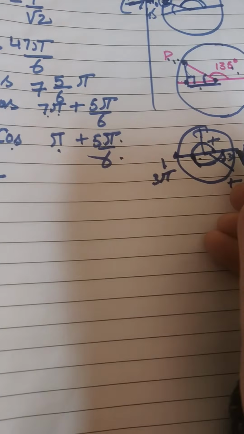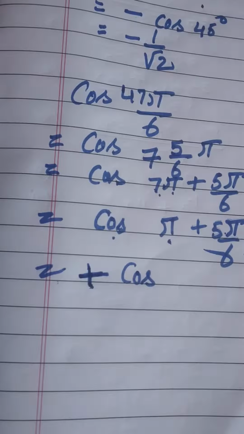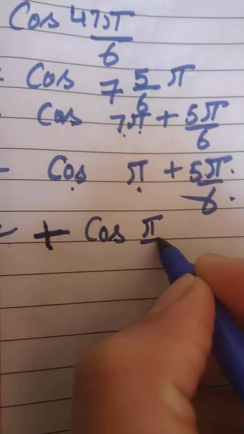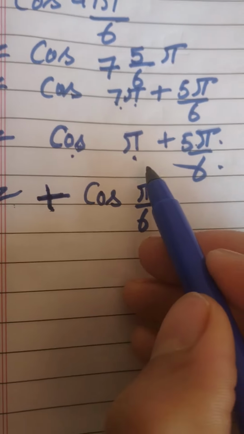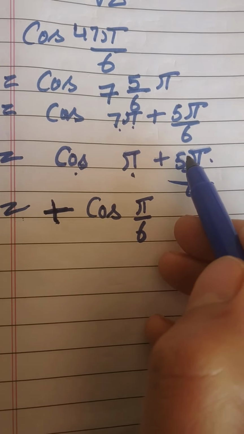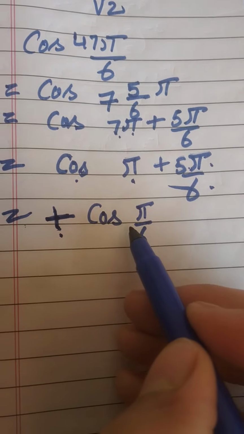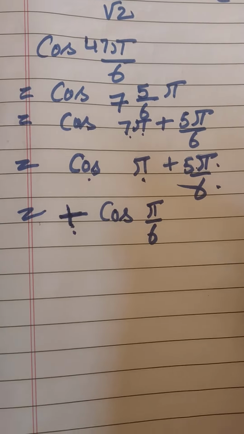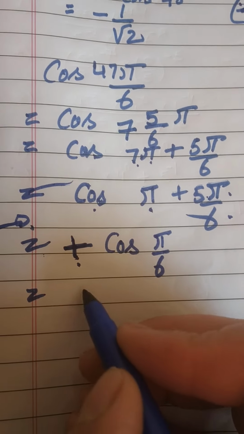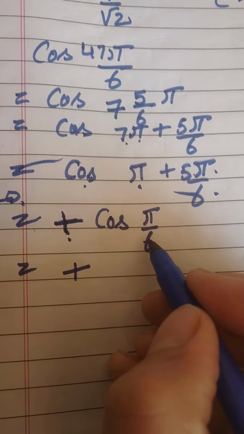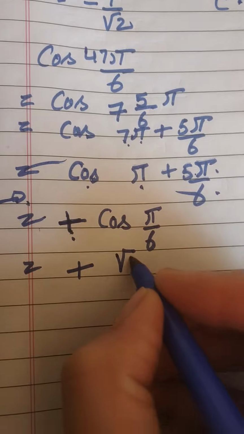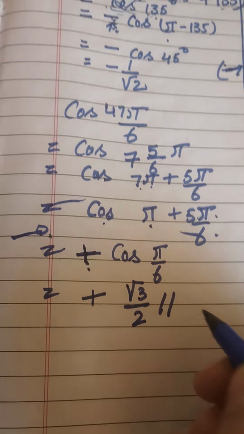Magnitude, you can write this as cos of pi by 6 here. Now here I have written a very direct step. You can introduce some steps here. Okay, the moment you get to know that this angle is enough to tell me the direction and the magnitude, then you can decide to write the step directly, or you may introduce some steps here. Now this is positive, and cos of pi by 6, okay, pi by 6 is 30, cos 30 is root 3 over 2. So that's going to be your answer.